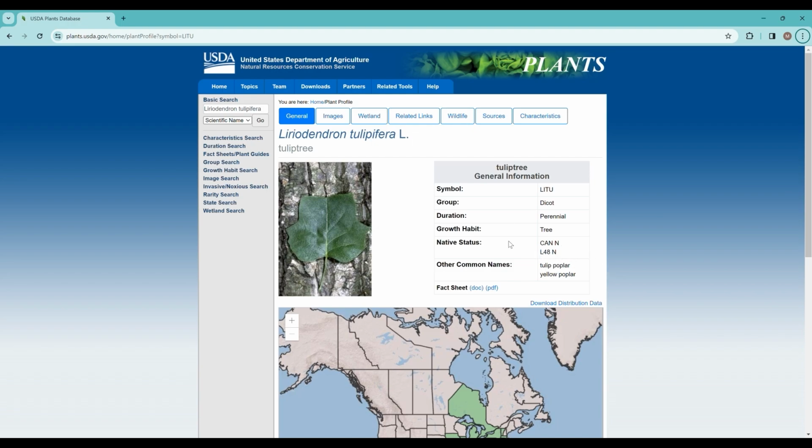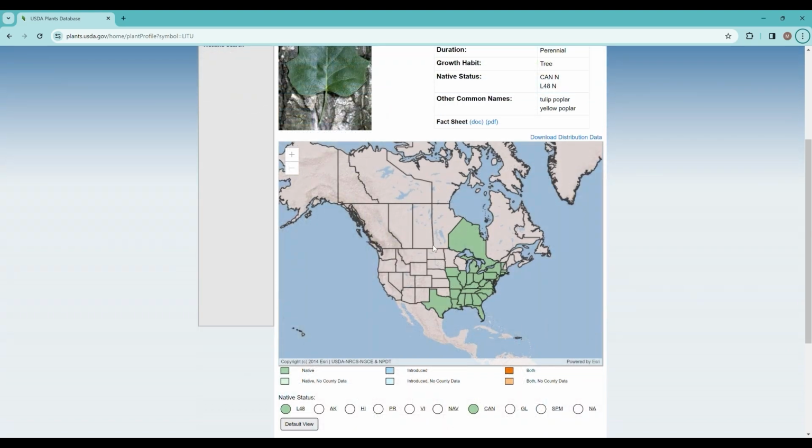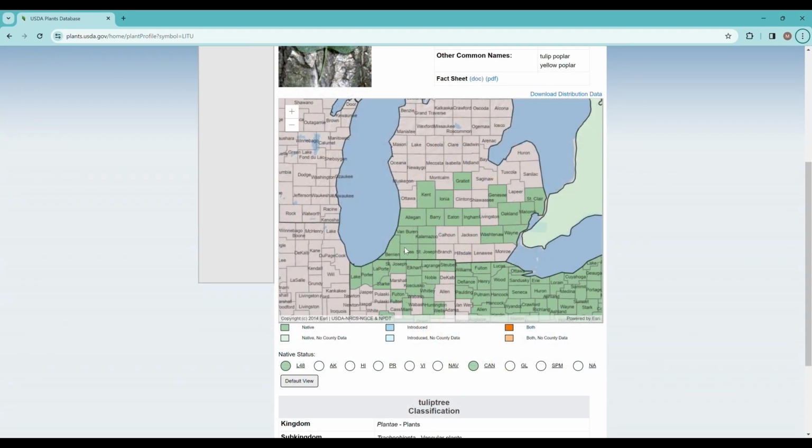Under native status, they have native to Canada and native to the lower 48 states. Then you can scroll down and take a closer look at the map, and any place that there's the green shading, you know that that particular species is native to your state. And if you see the blue coloring, that means it's present but was introduced. You can then